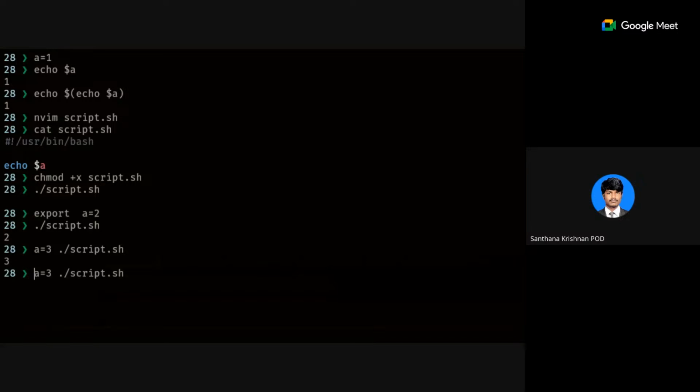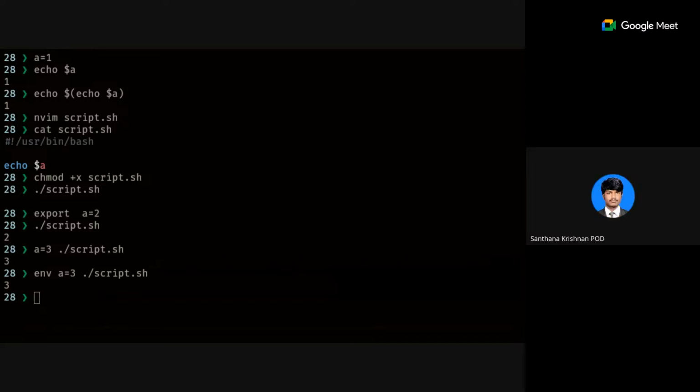This is one way, or else you can use the env command upfront as well. Both work the same. So those two are used instead of using export.